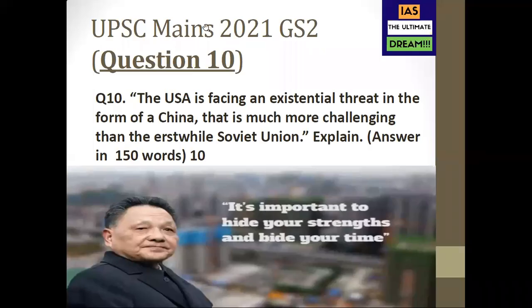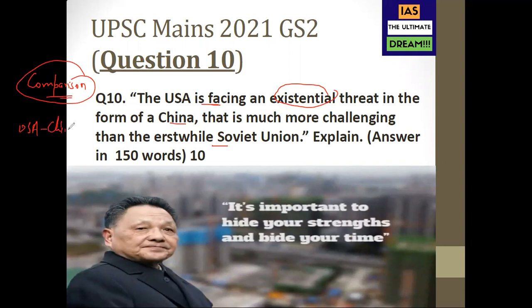Hello everyone. So today we'll be talking about UPSC Mains 2021 GS Paper 2 question number 10. And if you see this particular question, US is facing an existential threat in the form of China that is more challenging than the erstwhile Soviet Union. So it's a comparison based question. You have to do comparison between which two entities? You have to talk about USA-China rivalry vis-a-vis